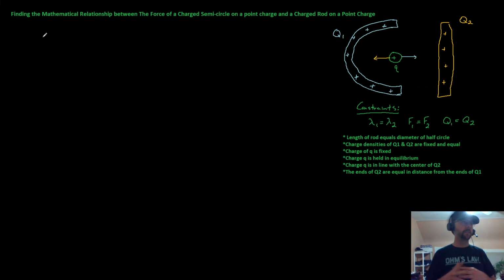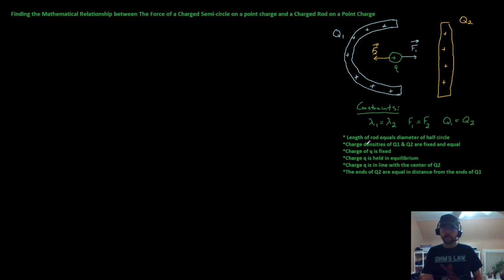Yeah, so we're given some constraints here. The charge density of 1, that's what lambda is, equals the charge density of 2. The force of 1 equals the force of 2. So this right here is the force from 1, and the force from 2. And the total charge Q1 is equal to the total charge of Q2. And just some housekeeping stuff to make it a little more